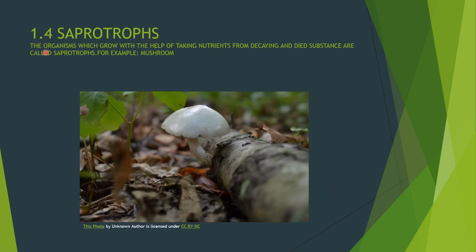1.4 Saprotrophs. The organisms which grow by taking nutrients from decaying and dead substances are called saprotrophs. For example, mushroom. So, giving a situation, let me know whoever